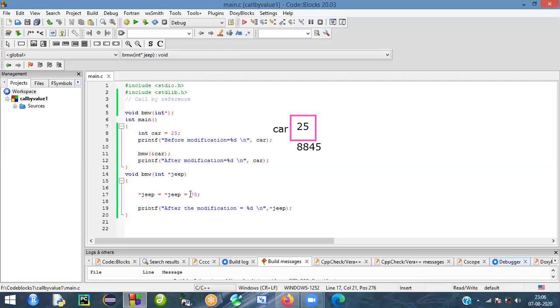Sorry, we made a mistake here. Just plus. Okay, adding to the pointer value $75,000 like that. Take just the value. Okay, so after the calculations, after modification, I'm printing this value, that is the Jeep value. Okay, so let me run this. So 25 plus, pointer Jeep is holding the value 25, plus 75, we have to get it.